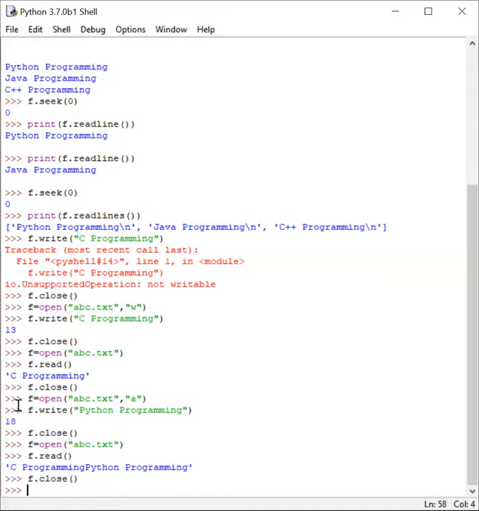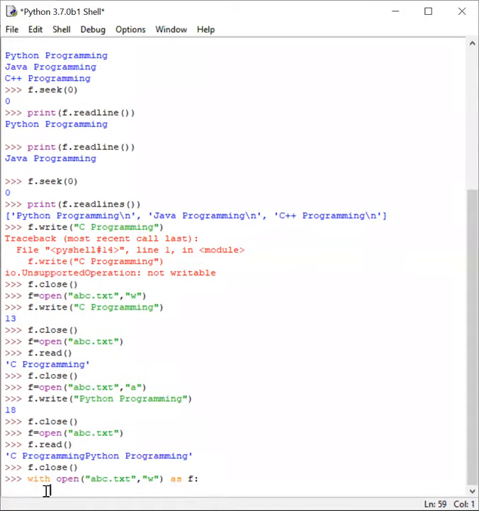So as we have seen till now, you've been creating a file handle by just saying open. You used to say f is equal to open, the file name and the mode. Same thing can be done using a clause called the with clause. I can say with open, the file name in whichever mode you want to open it. If I want to open it in write mode, I can specify write mode, and I can mention the file handle as f. So what have I done? I've used the with clause. I opened the file, mentioned the file name and the mode, and I created a file handle. So with open the file name, the mode as f.